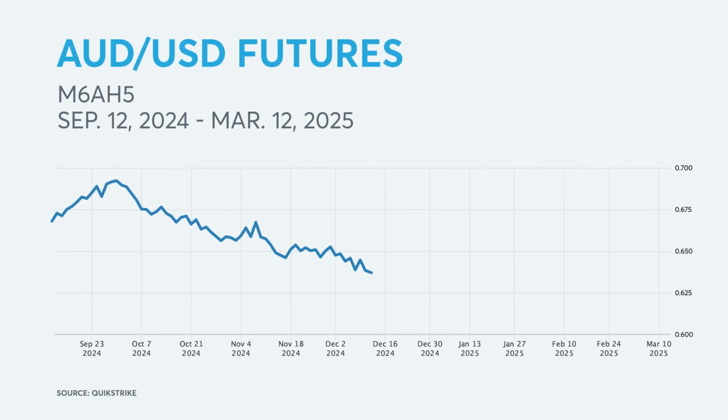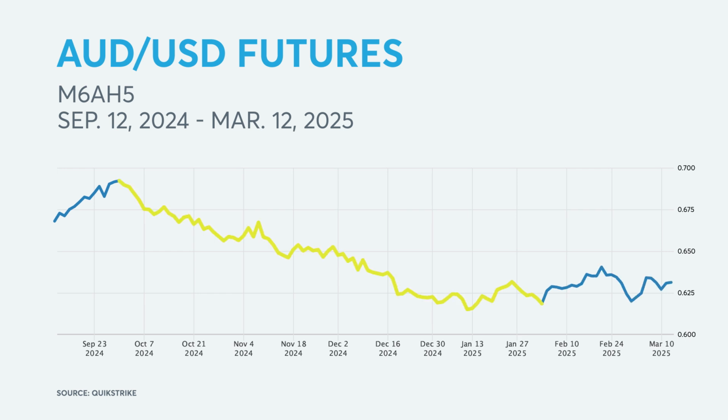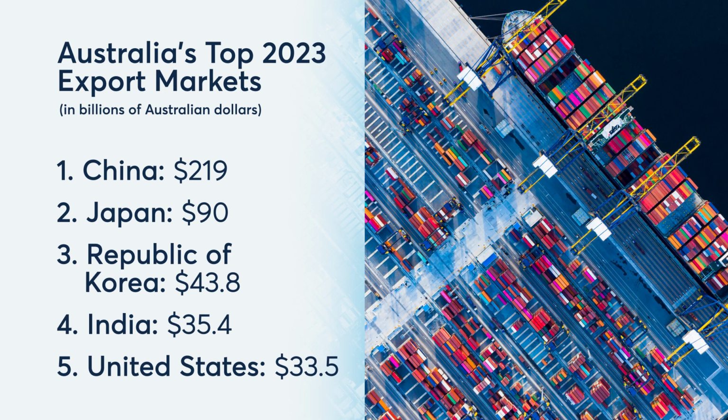Is a slowing Chinese economy dragging down the Australian dollar? Well, back in early October, the Aussie dollar began a sharp drop against the US dollar, plunging over 12% before hitting a low on February 3rd. Now, a big reason for the slide was growing concern that tougher US trade policies might hit the Chinese economy hard. And since China's the top buyer of Australian commodities, it would be a headwind for the Australian dollar.